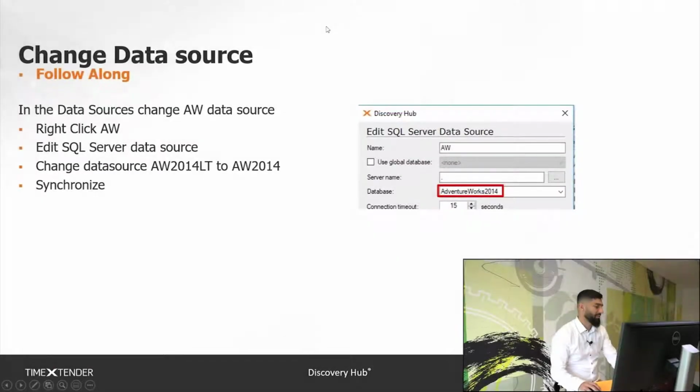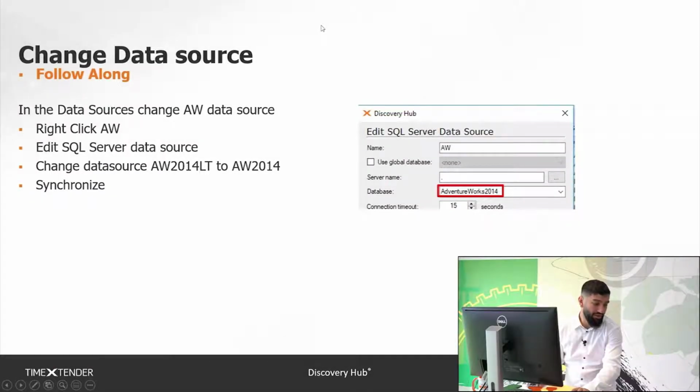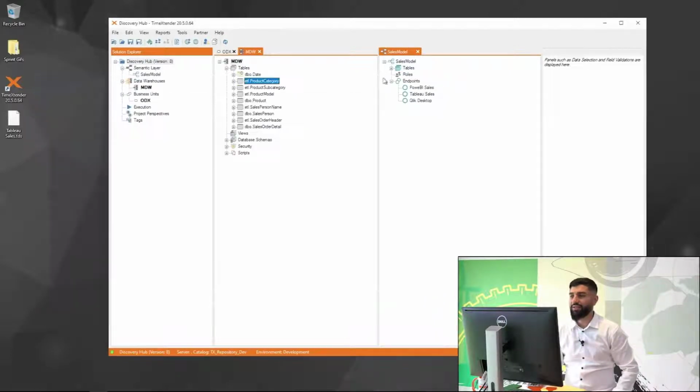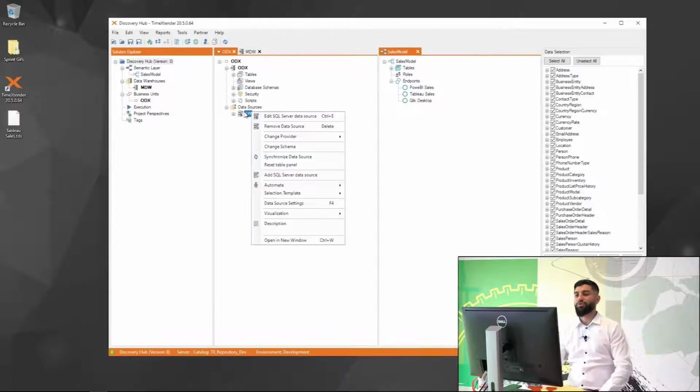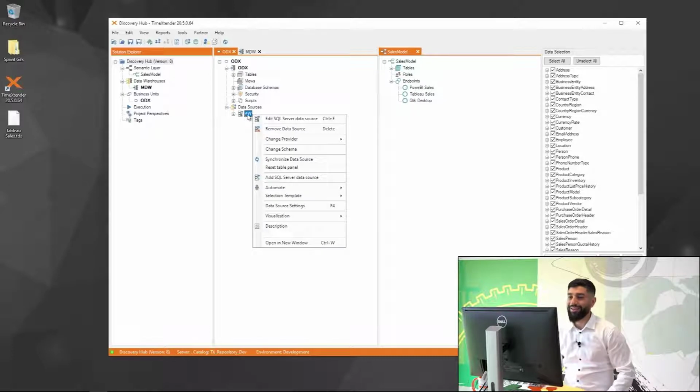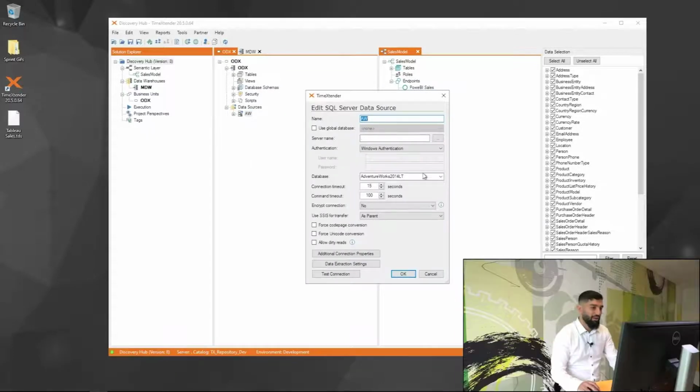Change data source. Let's have my machine up here. Let's bring it up. So what we want to do right now, the first exercise, is we want to go to our ODX. Let's change this one, and we go to our AW AdventureWorks data source in the ODX. If you right click that and go to Edit SQL Server Data Source, and in a database you simply change